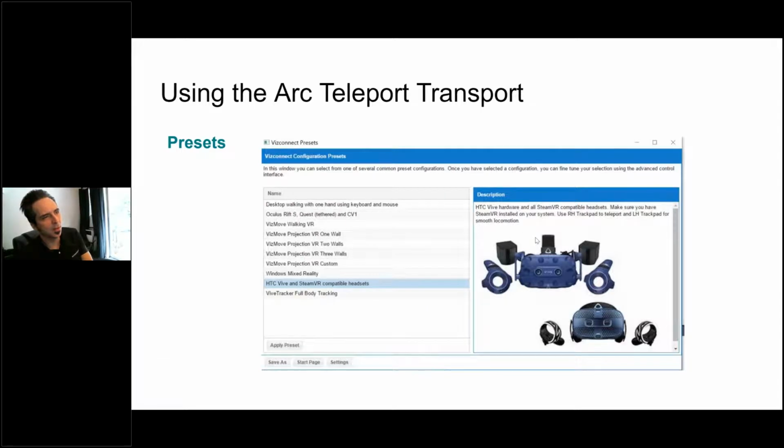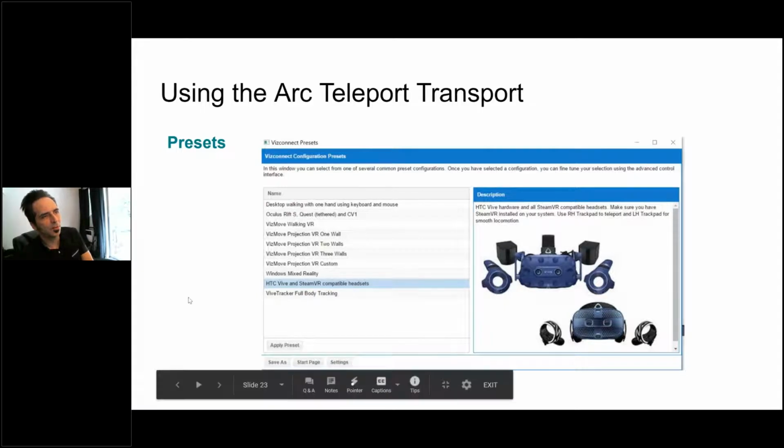So basically on the right-hand controller, it'll allow you to teleport around. You press down, for instance on the Vive, the trackpad to where you want to teleport, and then you let go and you'll be transported to that area. So that Arc Teleport, if you're not familiar, I'm assuming most of you are, but it's a good way to